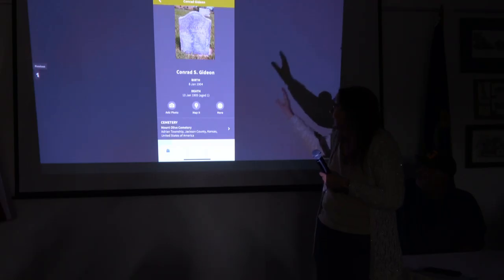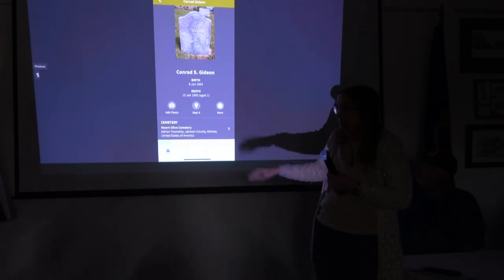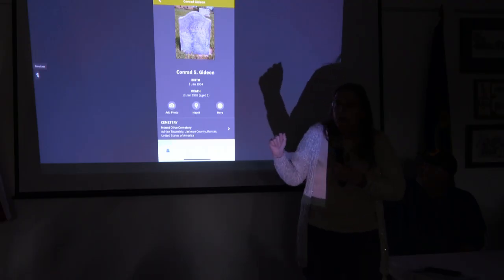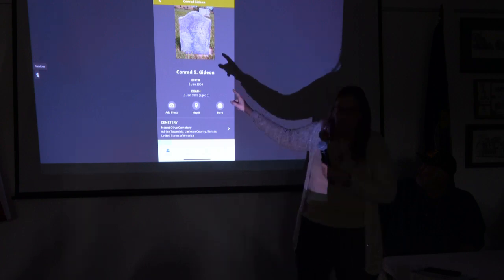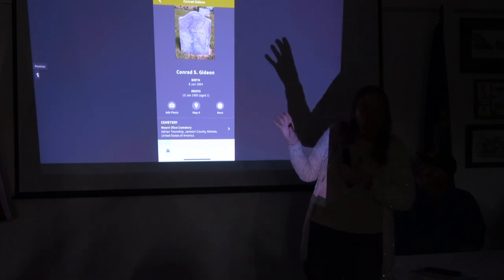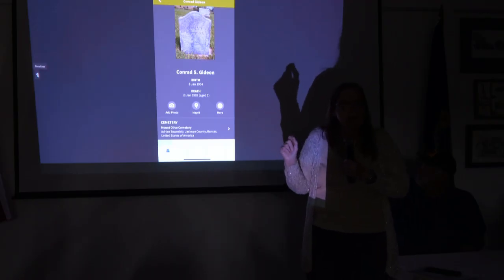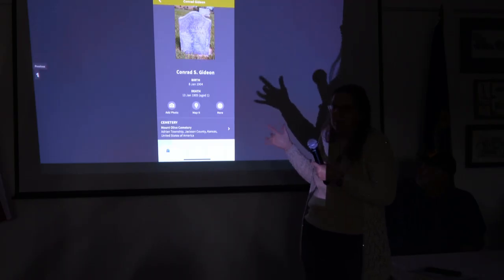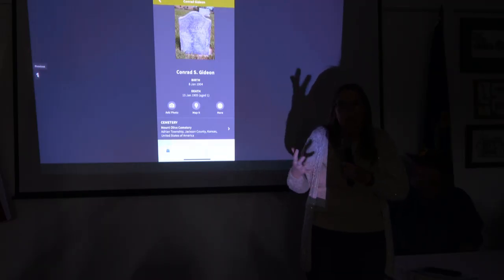I'm trying to find who his parents were, to connect them with him on Find a Grave. So I was working on this, and at the bottom it says who his parents are, but in that picture you can't really read it. And I thought, I'm going to go to Mount Olive Cemetery and look at that stone so I can see who his parents are and do my research.